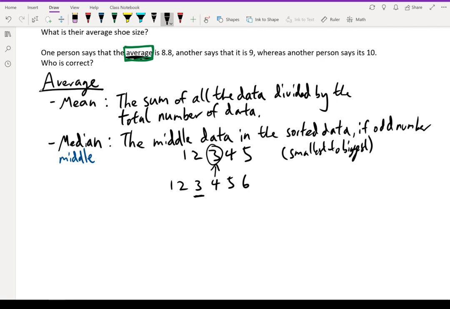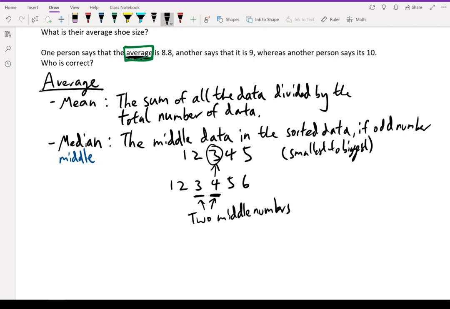Not really. It's closer to this end. So it's not really in the middle. So what we do, we would take the two middle numbers. So for an even number, we would take the two middle numbers